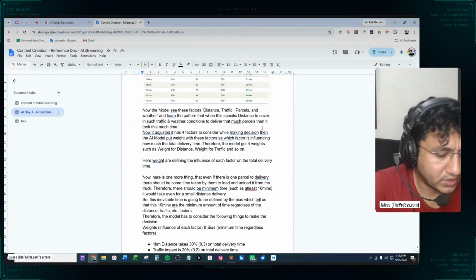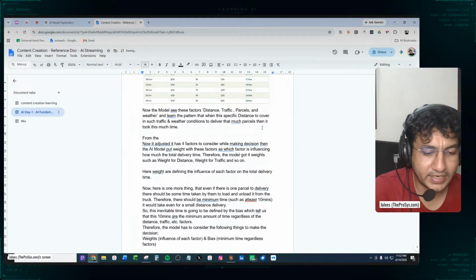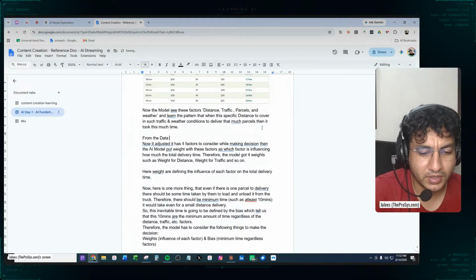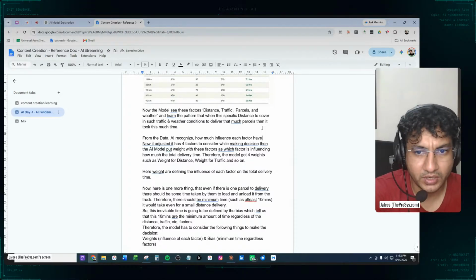Okay, so इसके बाद इसने ये चीज़ की from the data, AI said, recognize how much influence each factor has। ठीक है, ये हो गया